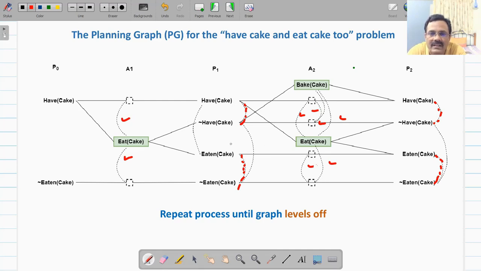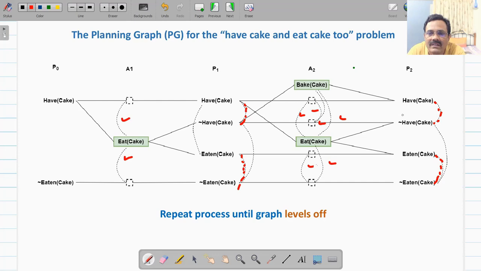Then there is a second possibility where you will be adding a preposition link, that is if corresponding actions are mutex. For example, bake cake and eat cake are mutex with each other. So corresponding literals in preposition layer will be mutex.